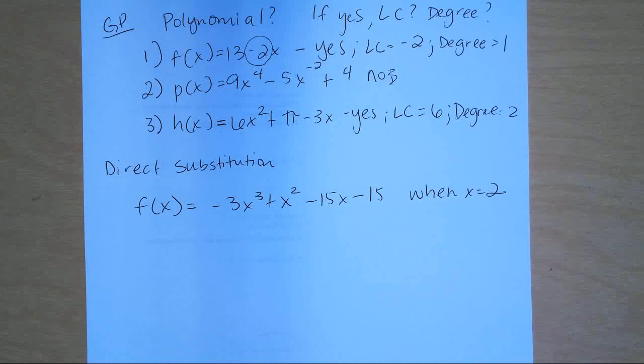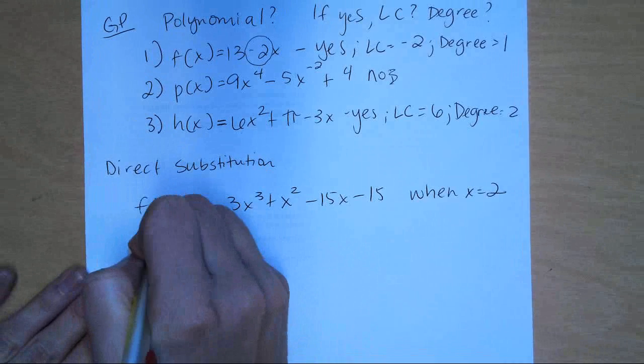Plug it in. It's called direct substitution, that's its official name, but we're going to be doing this every time. In the book, it talks about synthetic substitution, which is the reason why it calls this direct substitution, but this is the same thing we've been doing. Don't be scared. Okay, if we wanted to figure out when x is 2, we would have f of 2